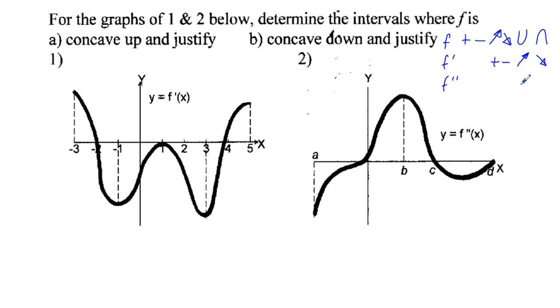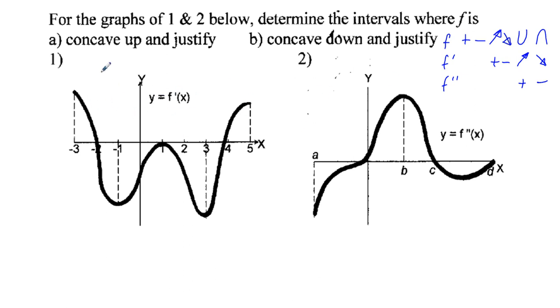And lastly, under f double prime, we're going to put plus minus right here. So we can see with this plus minus where f double prime is what's happening in the f prime and also in the f function. So here we have f prime of x